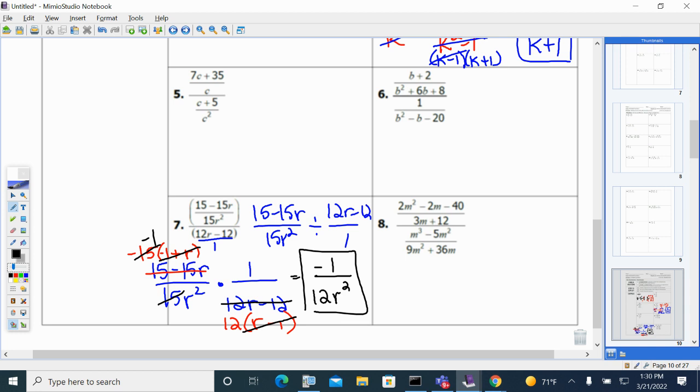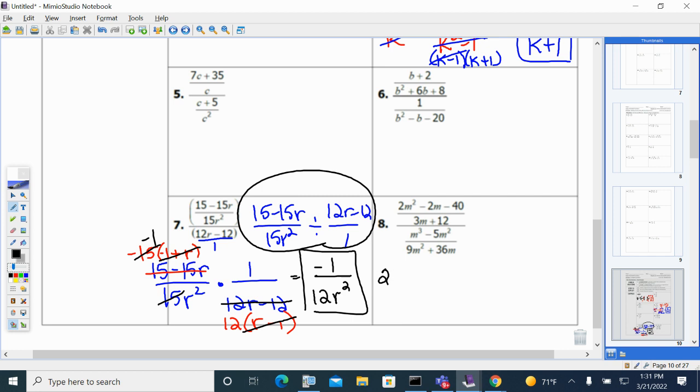Let me do number 8. Number 8 says 2m squared minus 2m minus 40 divided by 3m plus 12. And that's being divided by m to the third minus 5m squared divided by 9m squared plus 36m. So most of you are probably at this point wanting to skip the whole writing it as a division problem, because you can rewrite this